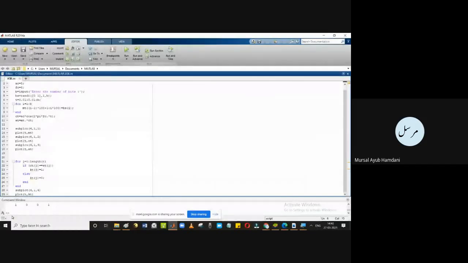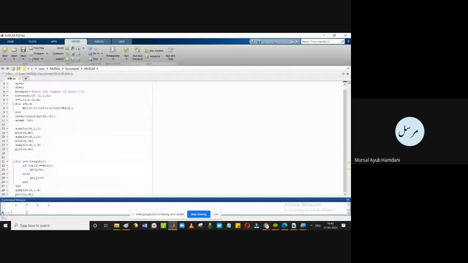It will be empty, bracket start, I minus 1, another bracket starts, 1 minus 1, into 100 plus 1 to 1.